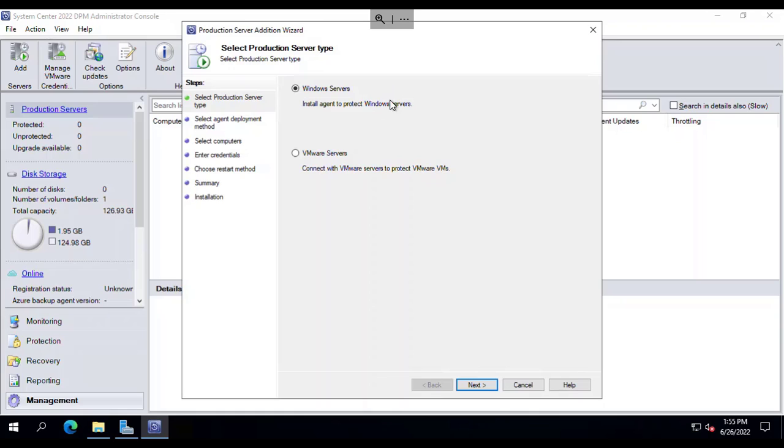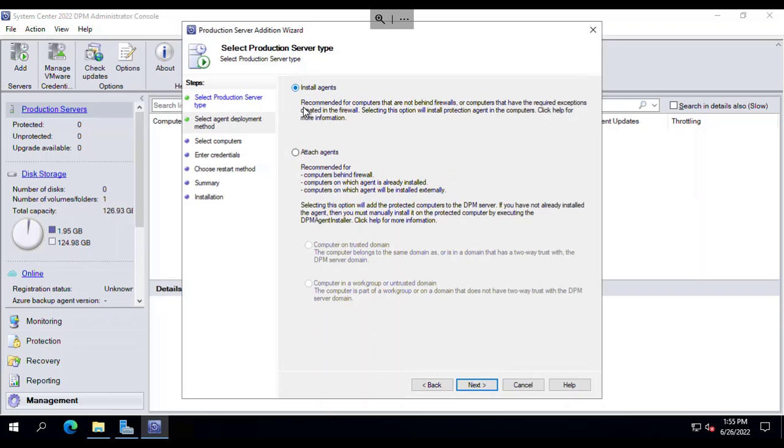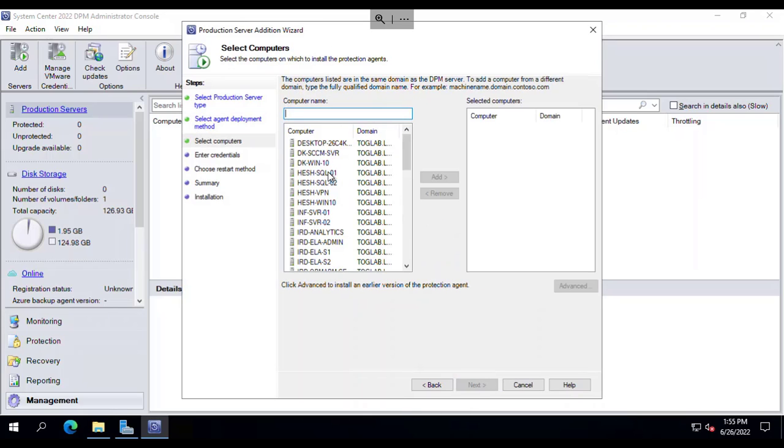From here I'll go with Windows servers and click on next, and it will be install agent, and click on next again, and we'll select the SCCM server. From here you will see the servers in your domain environment, right? So I'll be selecting this DK SCCM SVR, which is the SCCM server, and after selecting I'll click on add